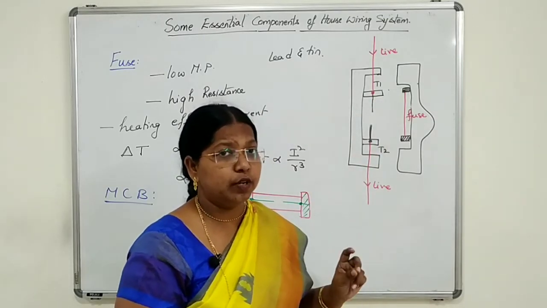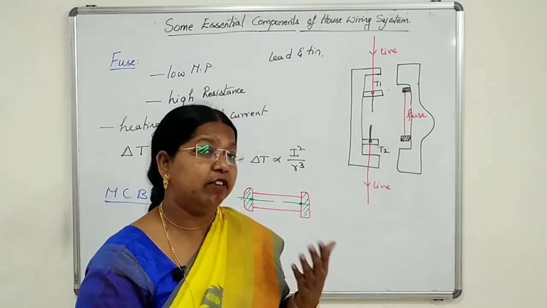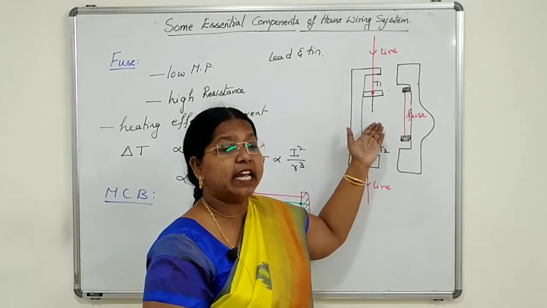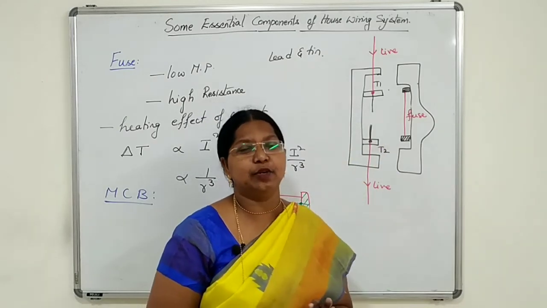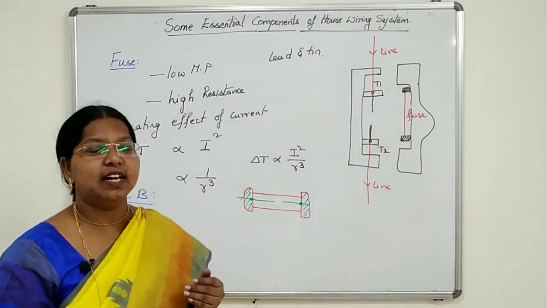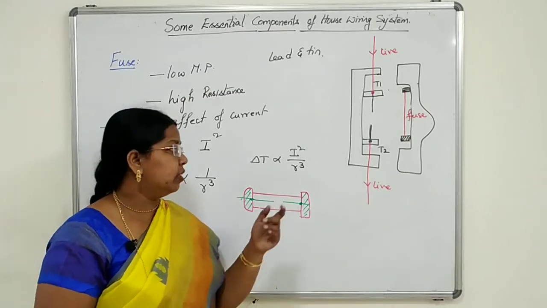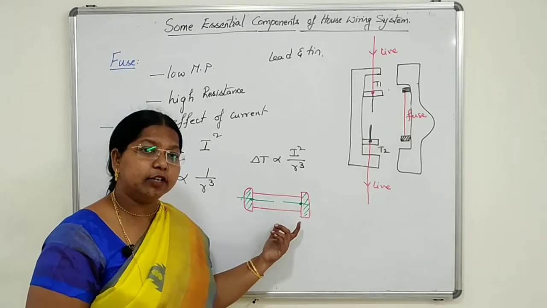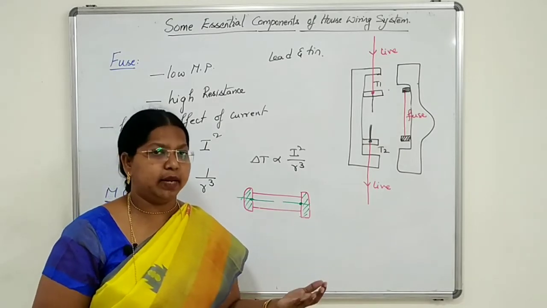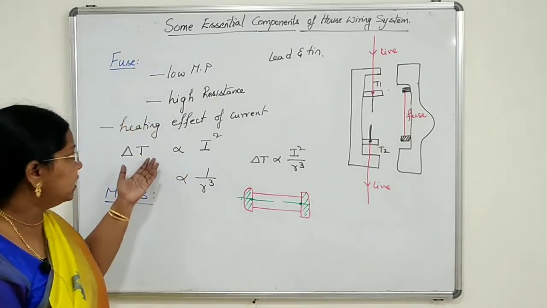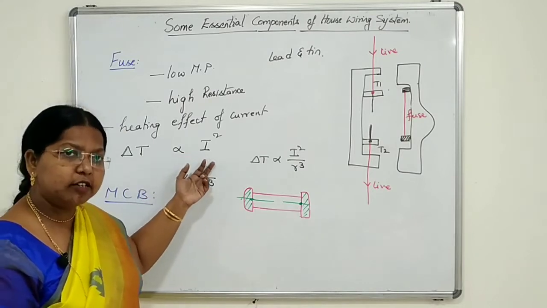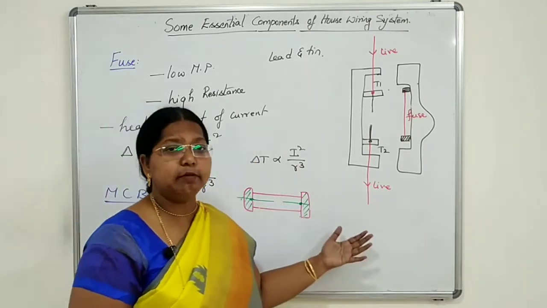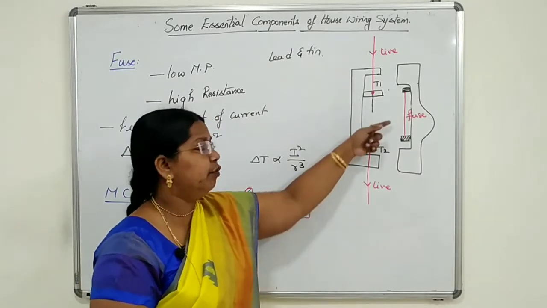Whenever there are fluctuations, a short circuit, or heavy current flows through the line, it will melt and break, disconnect the circuit and safeguard the appliance. Clear? So there is an individual fuse called a cartridge fuse which is connected to each individual appliance. And this rising temperature depends on two factors: one is current and the other one is the radius. So whenever this melts and breaks, we have to replace the fuse wire.